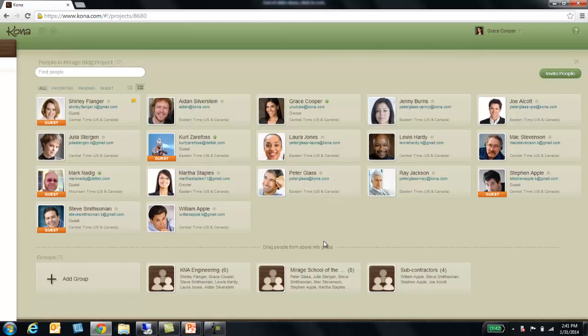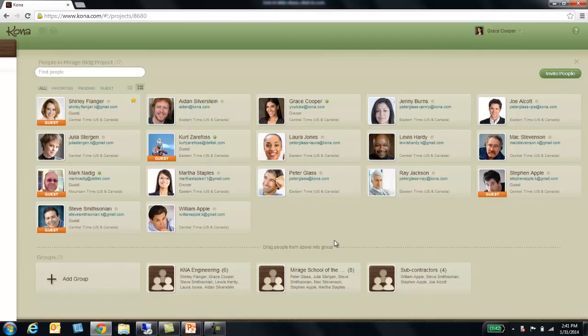And these groups are very powerful in terms of permissions and assigning different activities to groups of people. So you have the ability to lock down the information that you're sharing with people and groups. And later on we'll take a look at how you can apply these groups in situations with tasks and conversations